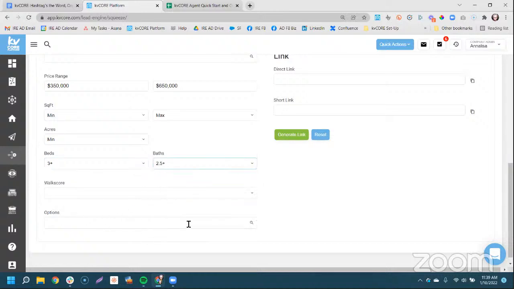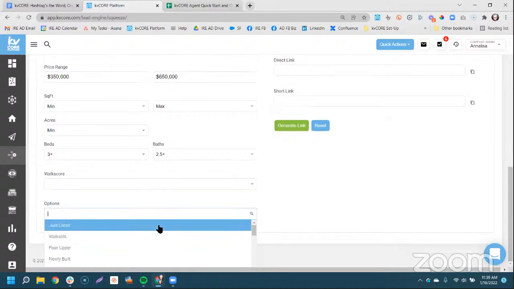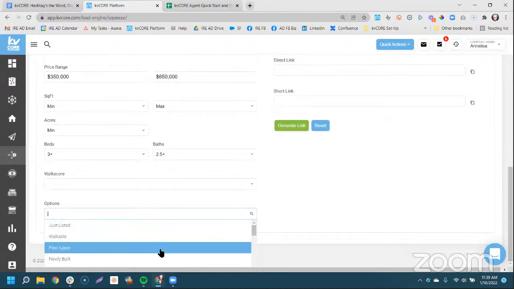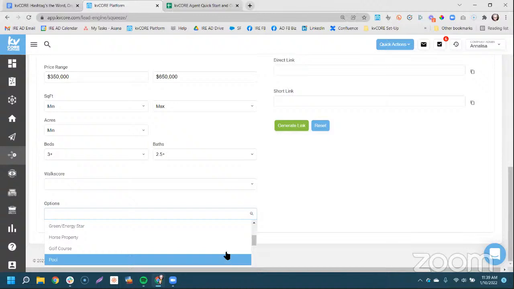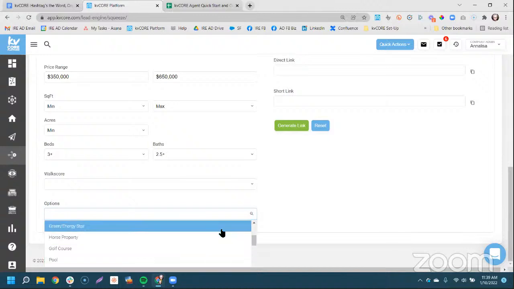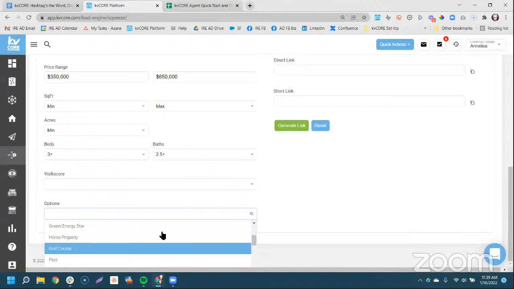At the bottom here, you actually have options. If you leave this blank, it's going to pull every listing within those results. Or when you're building your history of doing a property search of the day, which is a really good habit to be into, you can click into options and say, all right, well, today is just Listed Monday. Maybe it's Fixer Fridays, Newly Built Wednesdays. Maybe it's Golf Course Friday, Pool Saturday, Green Star Sunday. But you can actually put these options here to pull quick lists as well.